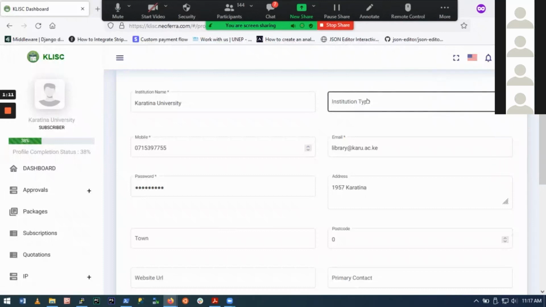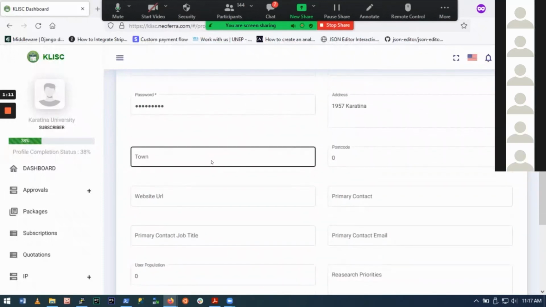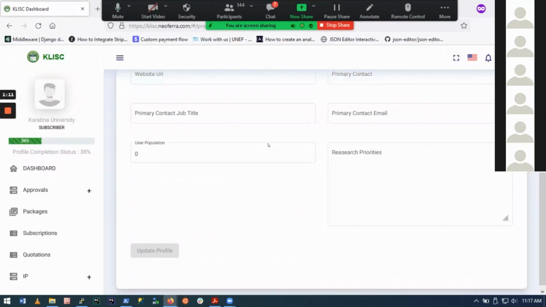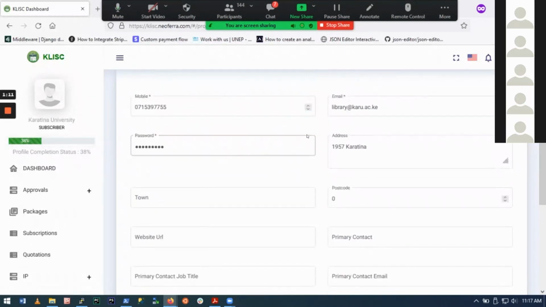So if there's any information that you didn't put correctly, or if you want to update any other information about your institution, you can update it from here. And as you add all these details, you will see the percentage here changing. For instance, if I put here Karatina and put the postal code correctly, then our website